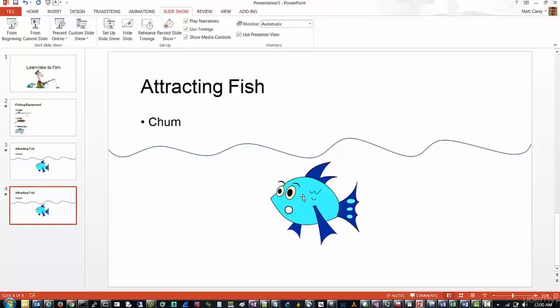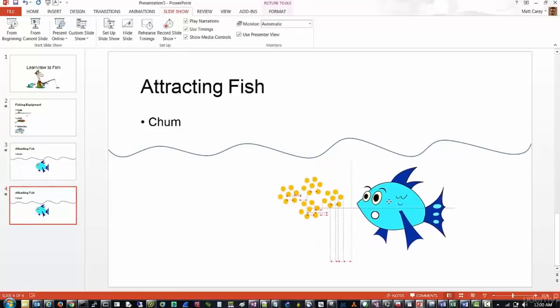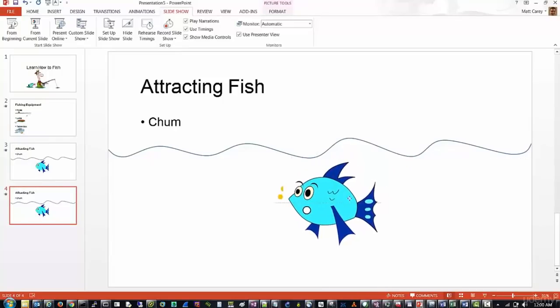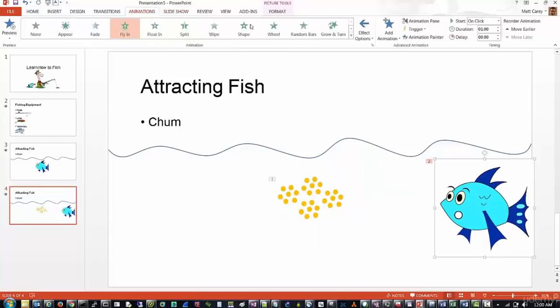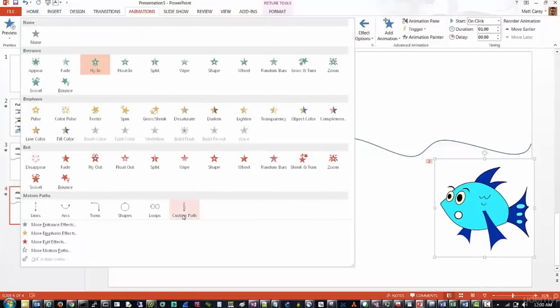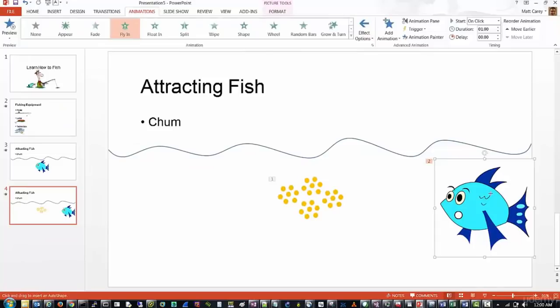So just to show you how you can do custom animations, I'm going to put the fish here, go to animations, and then go all the way down to custom paths. With custom paths, you click where you want your path to start, and I'm going to make this fish jump out of the water,